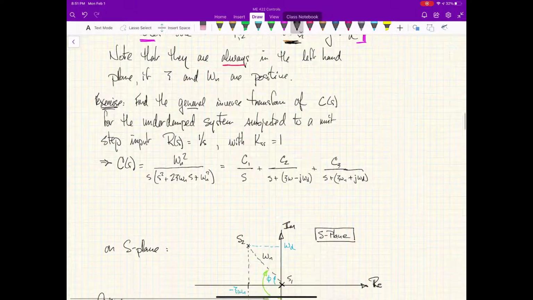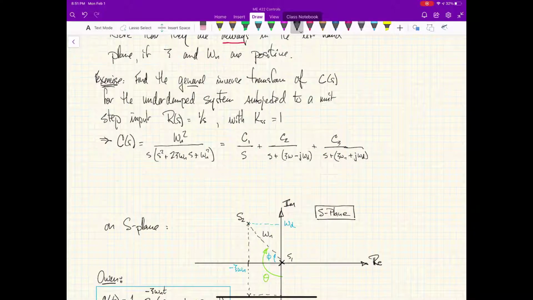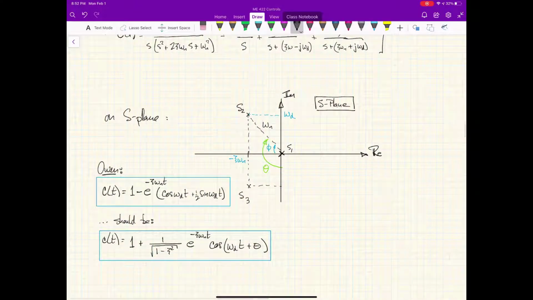And what is the overall response of that system? Well, consider a step input of magnitude 1 over s with a steady state gain of 1. So a very basic system with those parameters. Then the output of that system is going to be C of s, given as we've got here, omega n squared divided by s times s squared plus 2 zeta omega n s plus omega n squared. You can separate that into partial fractions, which is what I've done over here, and you can solve that. And when you do that, you're going to find that you have three